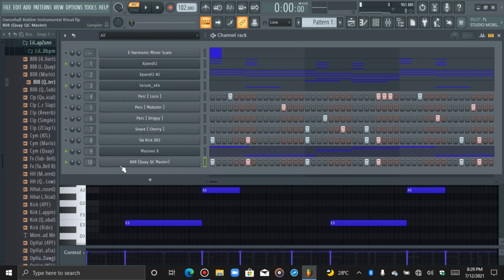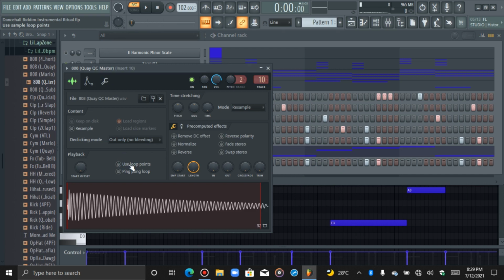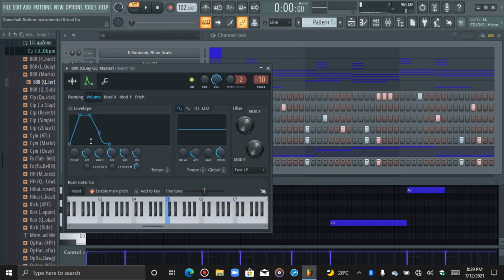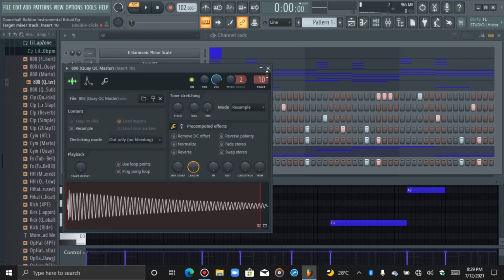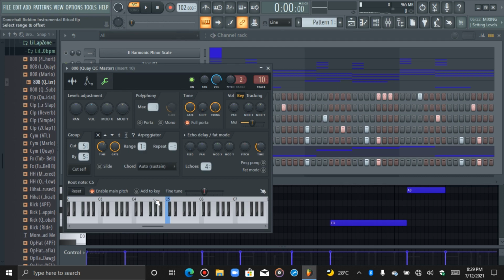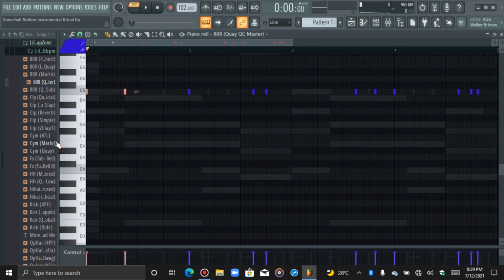So now when it comes to your 808, always turn this off. Use loop points, always turn that off. Cut itself. Go here. Always tune your 808s, so you don't get a long delay at the end. So you tune your 808s, it's always good. And always make sure it's in key too as well. That's important too. So for here,